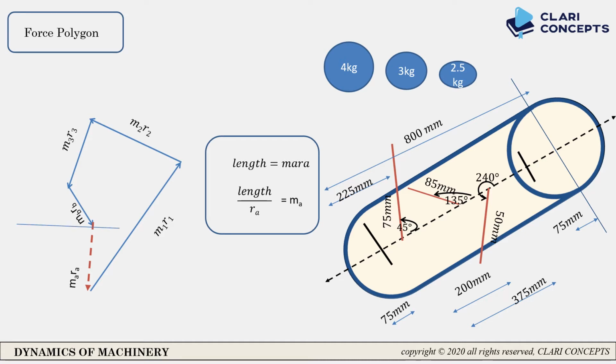Now you have to find at which angle you have to place this mass. So take one horizontal line and draw an anticlockwise angle which shows the theta A value. So by the graphical method you can find the unknowns using the couple and force polygons. It means by analysis of the force polygon and couple polygon you will find all the unknowns in the system and make your system balanced from unbalanced. Now we will solve this numerical by the analytical method.